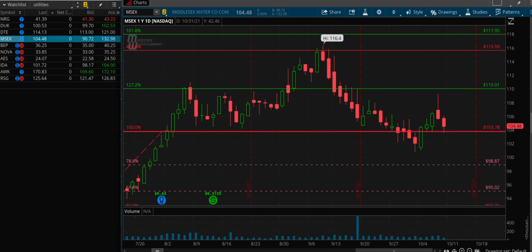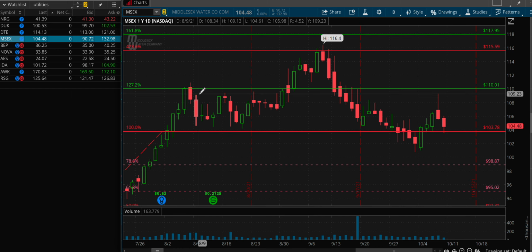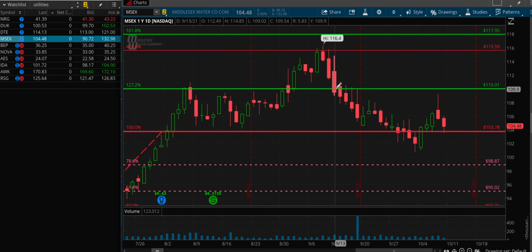Middlesex Water. Now I kind of enjoy this. We got close to, here's a big extension. Now let's just look at the intermediate Fibonaccis. Now we hit our 127, came back down to our 100, almost made our 1618, came back down to the 127, hit that for a few days, came back down, broke below the 100, but now broke above it as well. As long as we stay above this